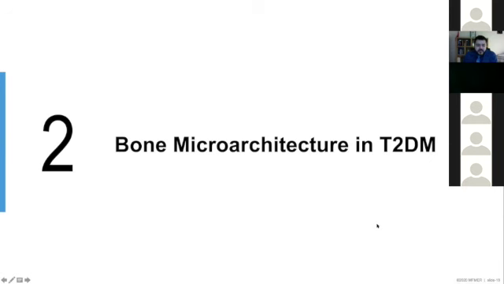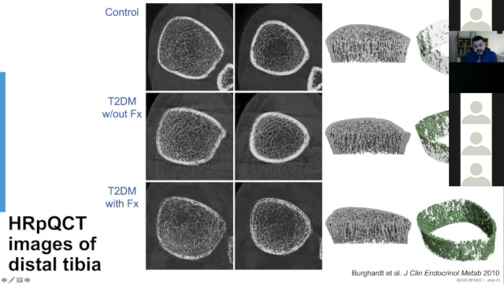Looking quickly at the bone microarchitecture in these patients. This is looking at HRpQCT of the distal tibia and the controls, and then the 3D modulation of that. Patients with diabetes without fracture, you can see that in the cortex there is more porosity, increased cortical porosity, maybe even thinning of the cortex. The green that you see here is the increased porosity in the cortex. And you notice that with fracture, which means even more fragility, you have a significant amount of cortical porosity, but the trabeculation is also significantly impacted compared to controls.